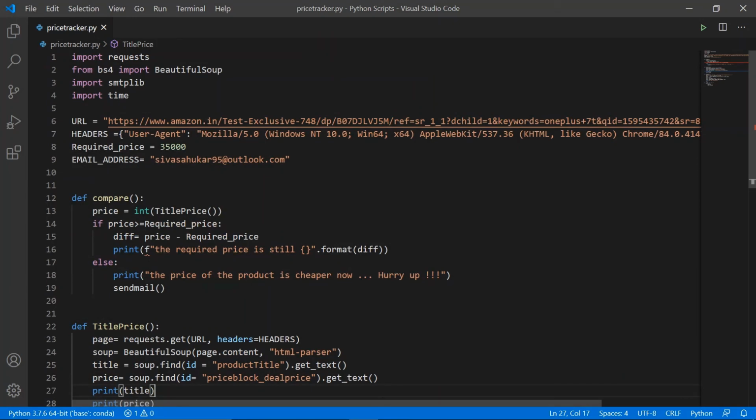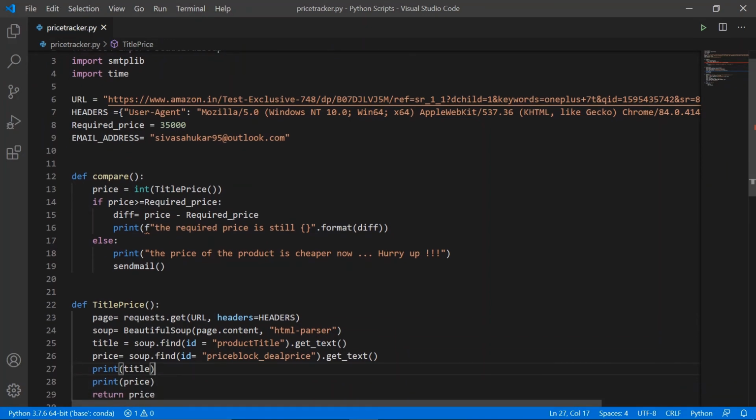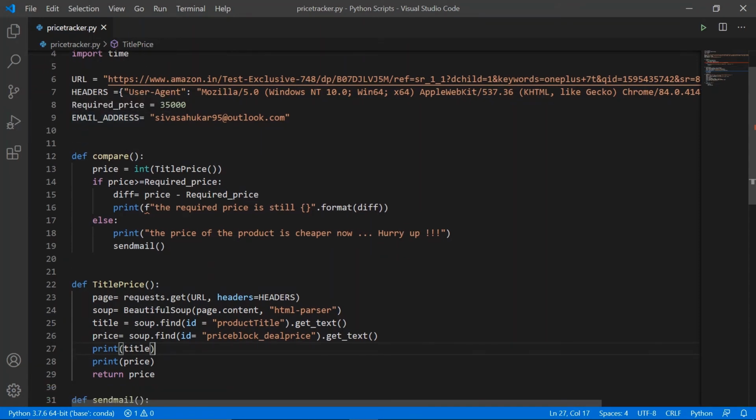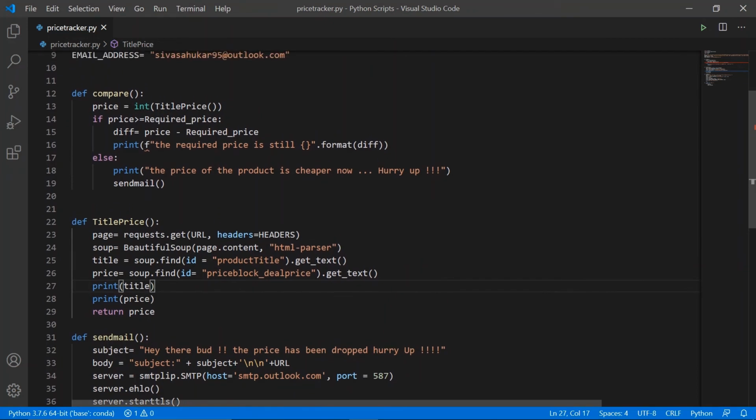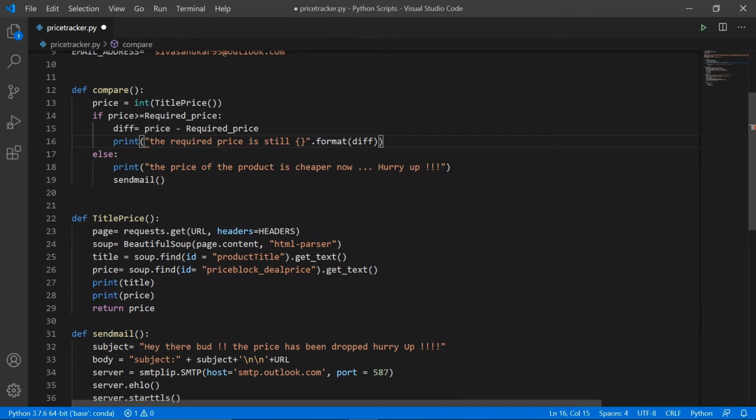So far we had imported these modules and libraries. We had created a variable URL and headers and other things that are required, price and email address. And we had created 3 functions. We know that. So it is showing that at line number 16 I made a mistake, that is F. So let's remove that first.